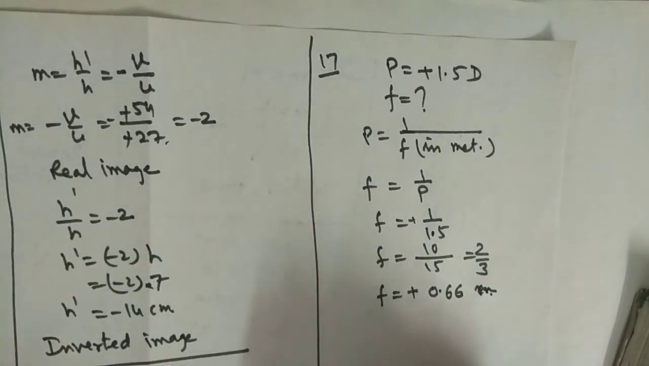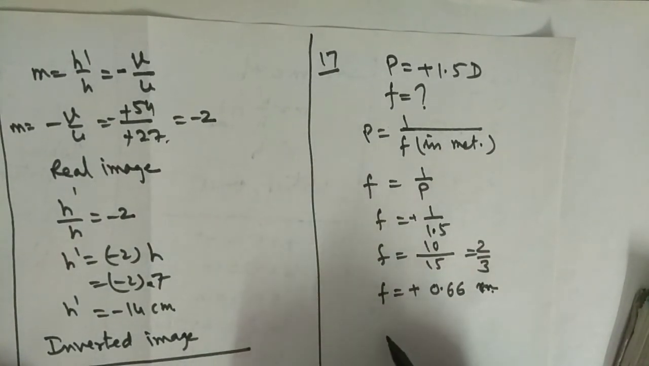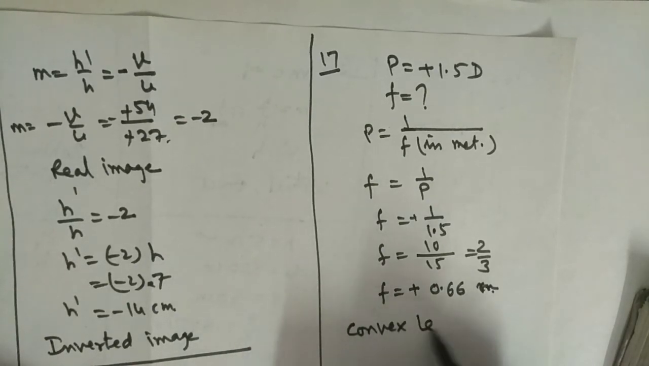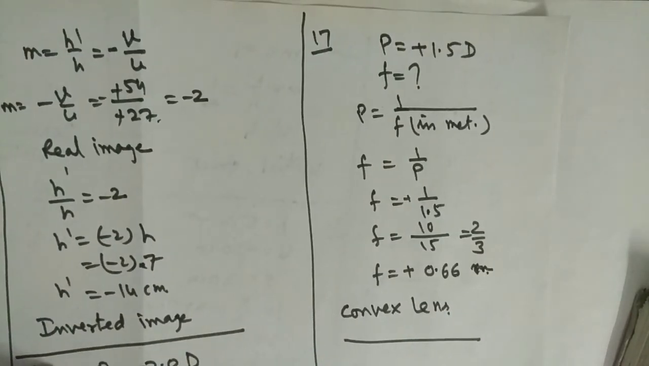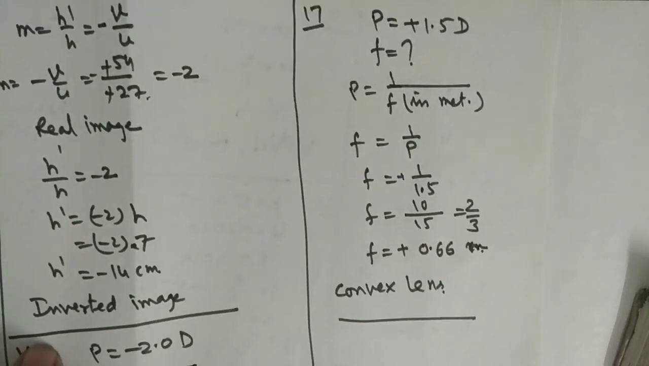It is plus. Plus means, you know, the focal length of a convex lens is always positive, so the lens is a convex lens. Convex lens. Okay, so students, you have to complete all these questions up to question number 17 in your copy,